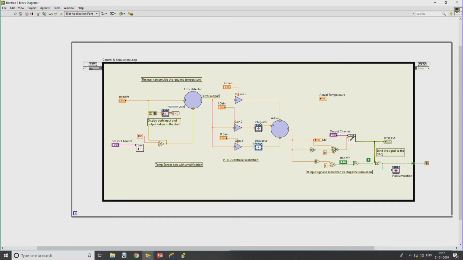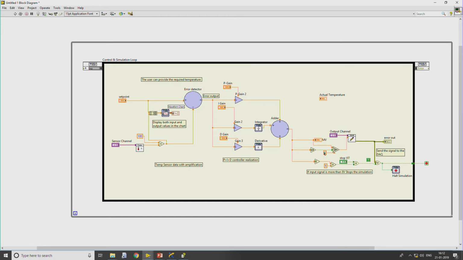Now if you see, the complete system is connected. I have added the logic which I told you, so that when the input voltage is greater than 5 volts, since the USB data acquisition module cannot generate a voltage more than 5 volts as well as less than 0 volts, any voltage above 5 volts will be shown as 5 volts.